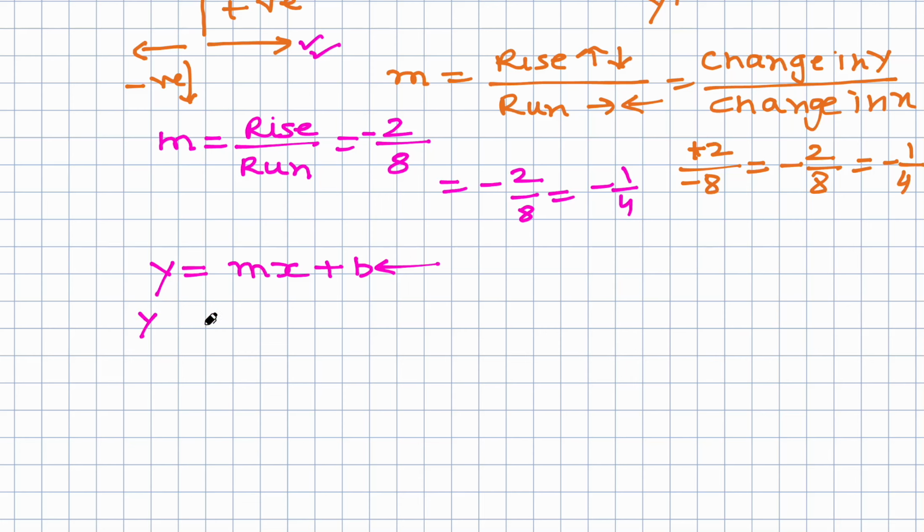Here in this case, it is the draining of the battery. Initially it is 100, and the slope is negative 1 by 4. So this is my equation: y is equal to negative 1 by 4x plus 100. So we can form an equation according to the given story. Now in the next part, we will do the opposite. We will draw the graph from